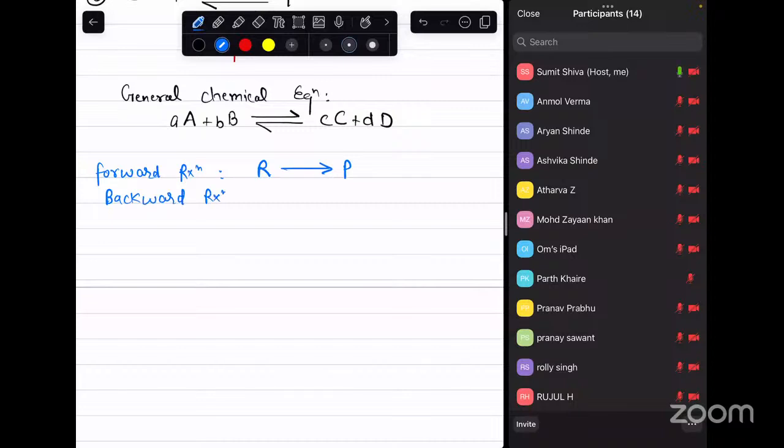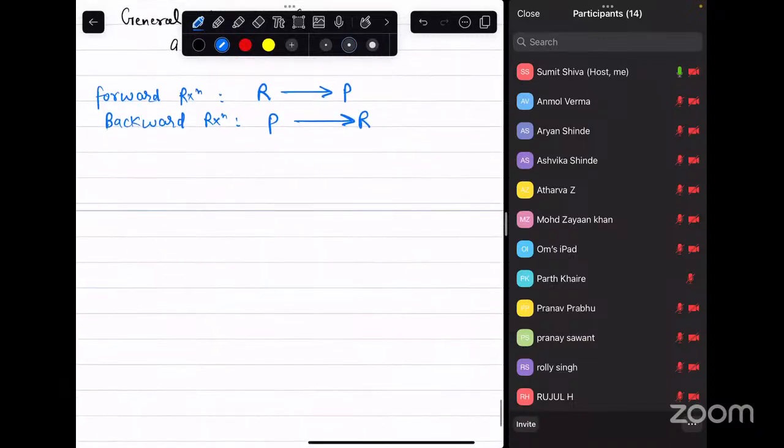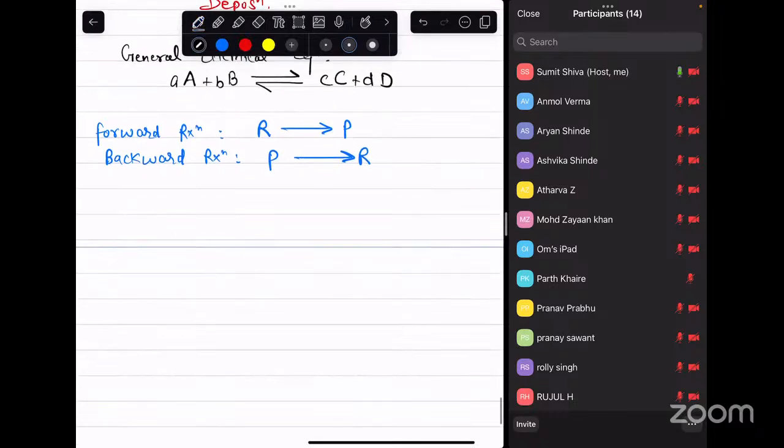Backward reaction is a reaction in which product gets converted into reactant. So if you are looking for what is the speed of forward reaction, what will be the speed of backward reaction, and when there will be an equilibrium. So let's say